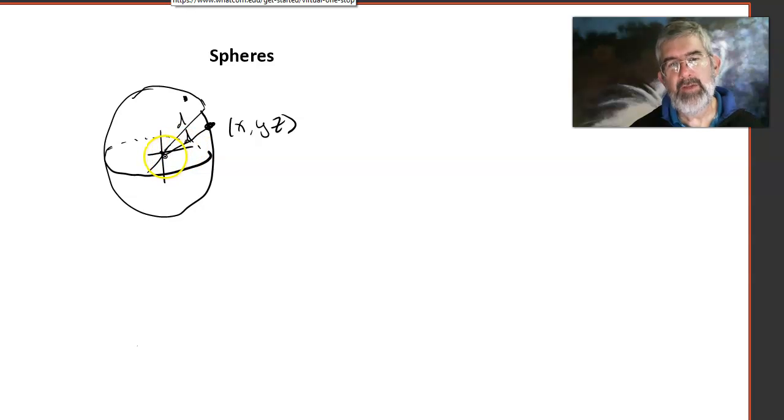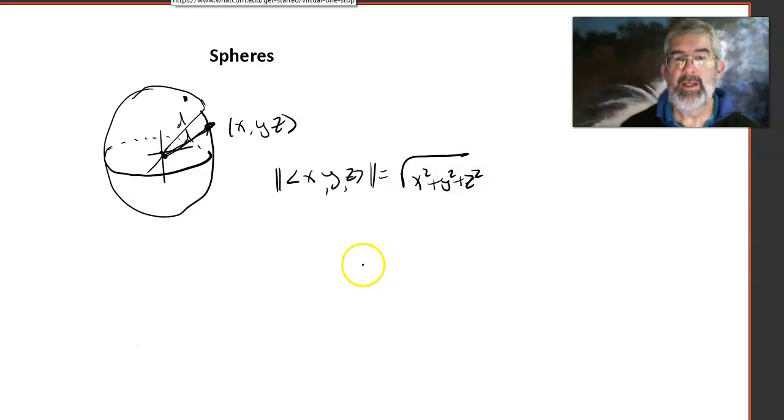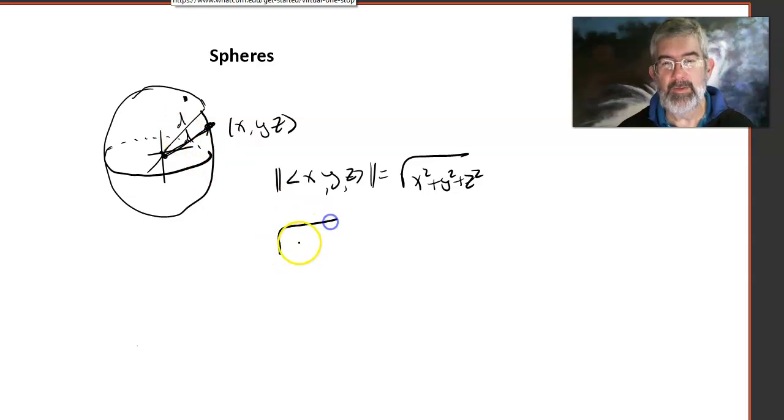If I think of x, y, z as a vector based at the origin, then the length of x, y, z is exactly its distance from the origin, because in standard position it's got one end at the origin. So the length of x, y, z is the square root of x squared plus y squared plus z squared. And if I want all of the points whose distance away from the origin is d, then I want the square root of x squared plus y squared plus z squared